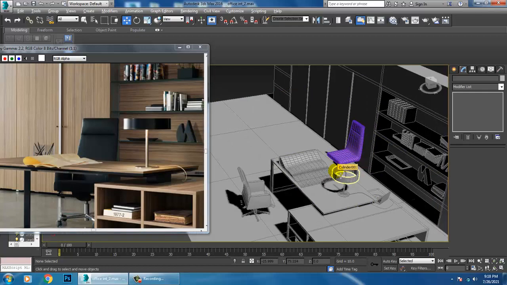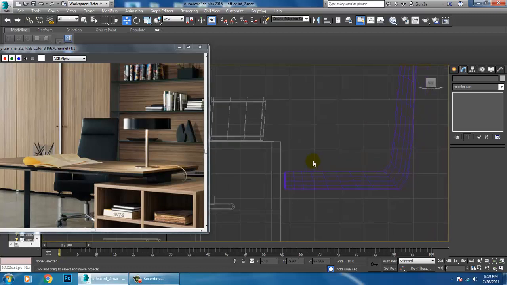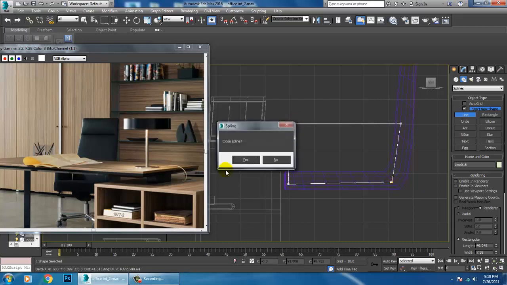After that, I'll again go to the side view over here. I'll take a line tool again, like this, and I'll close this.